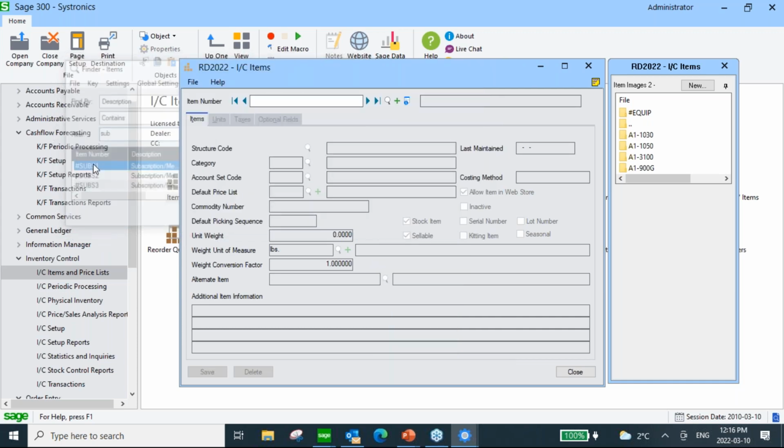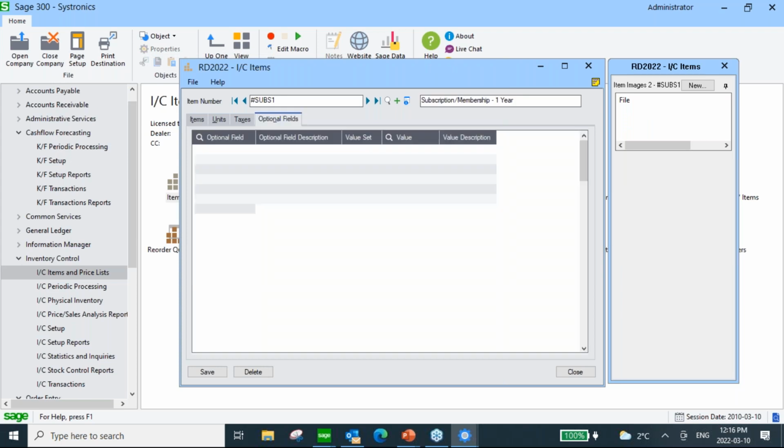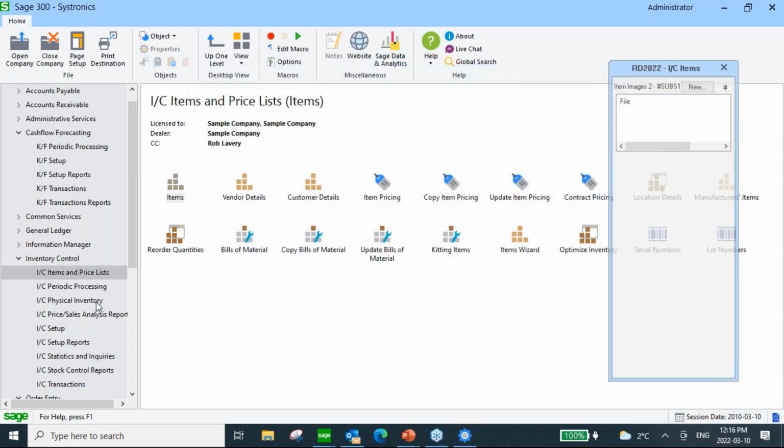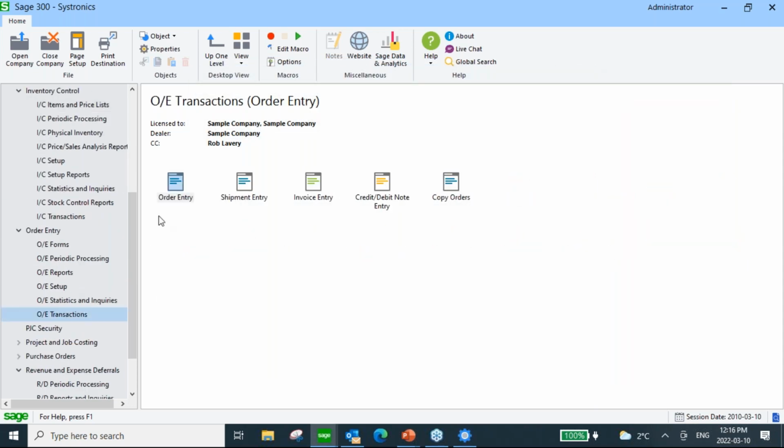So there's my 1-year subscription item. And what you can do with the optional fields is link the optional field. So I've linked the RD template, which is the template that we were just looking at for subs 1. And by linking it to the item, when a user goes to enter an order, so this is someone just